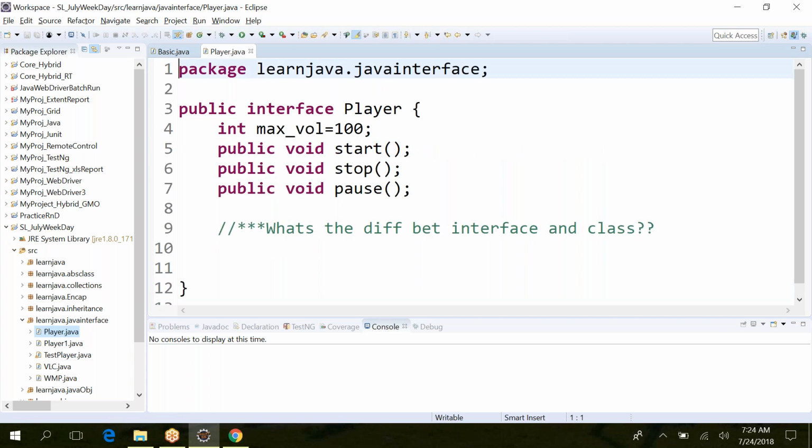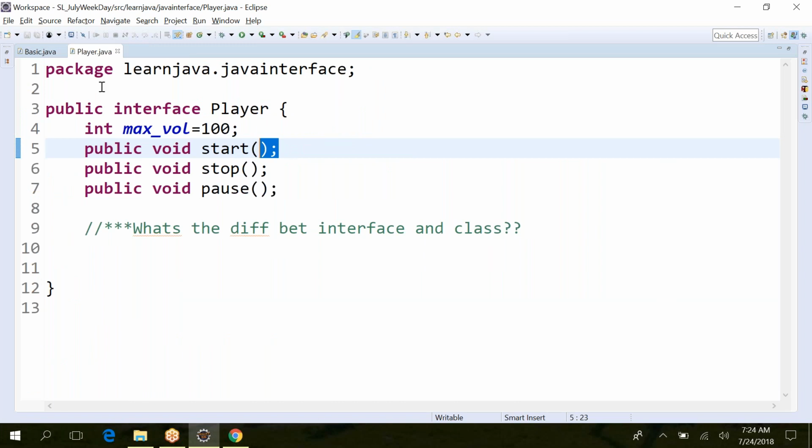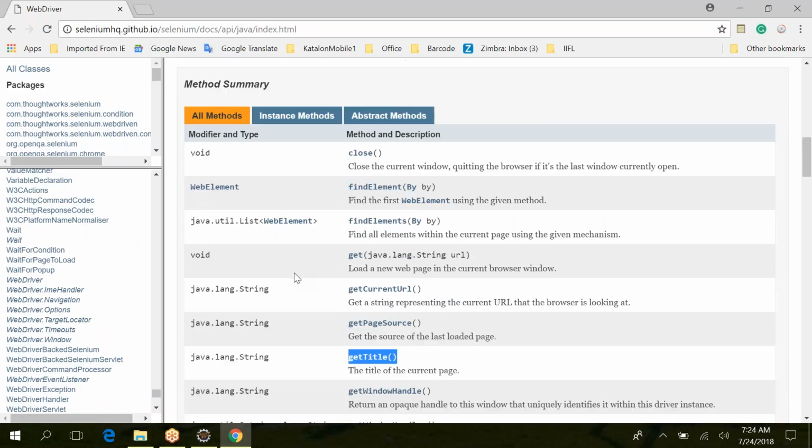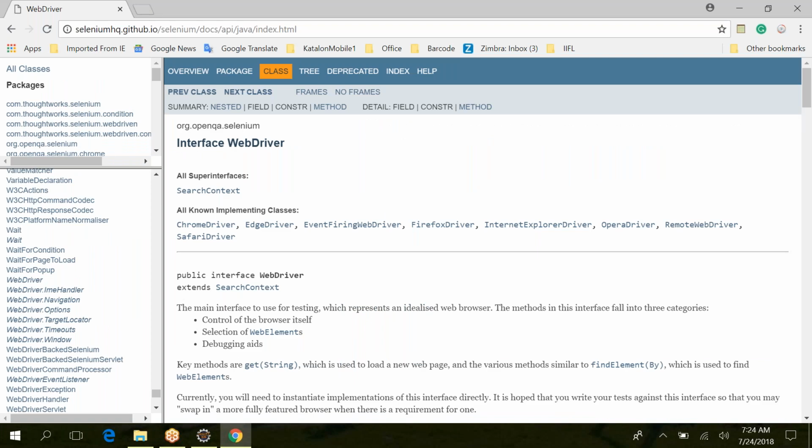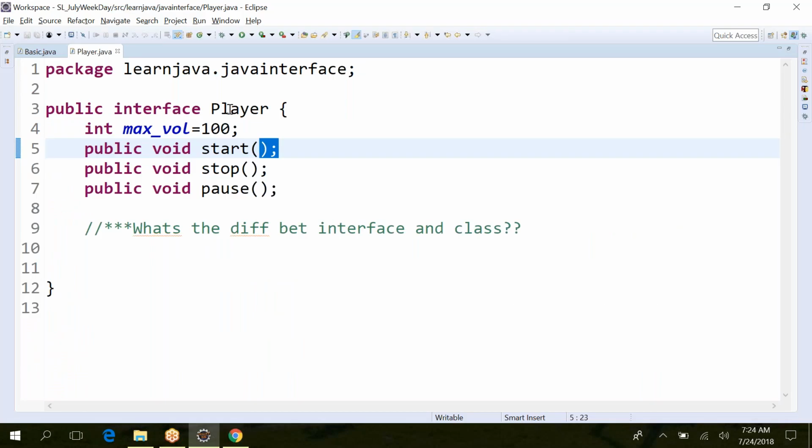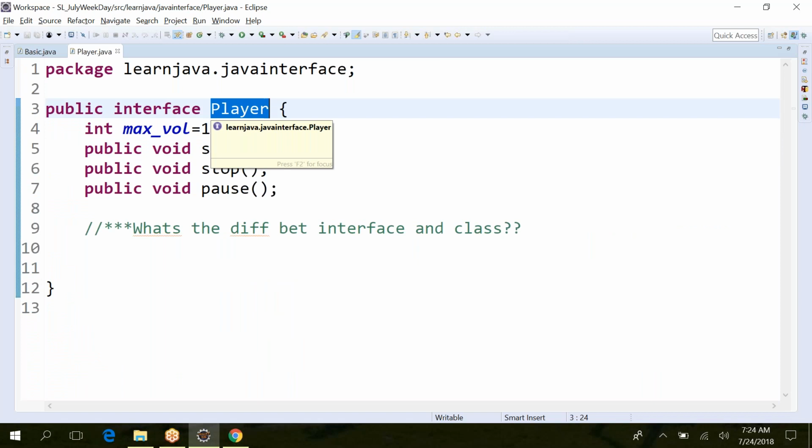as I told you, player is an interface. I cannot declare the body, correct? So these methods do not have any body. Now, all known implementing classes, they are telling these are the classes which are implemented from this interface. What are the classes? Chrome driver, Edge driver, Firefox driver, Internet Explorer driver, Opera, Safari, all these different classes are there, which are implemented from this interface. Basically, if I compare with this player, we have implemented VLC player, Windows Media Player, and all this